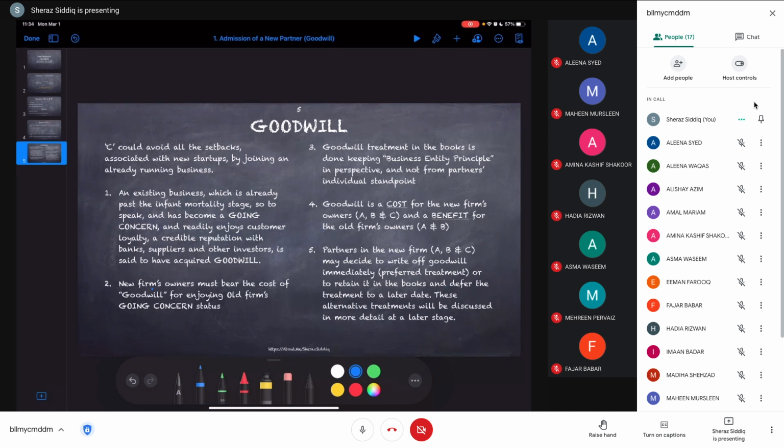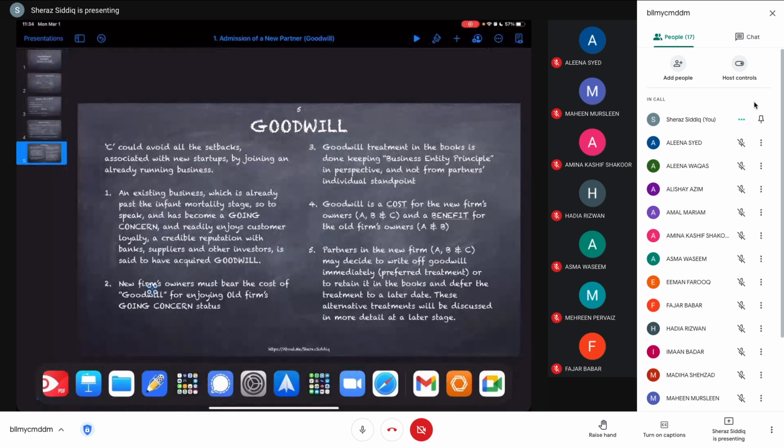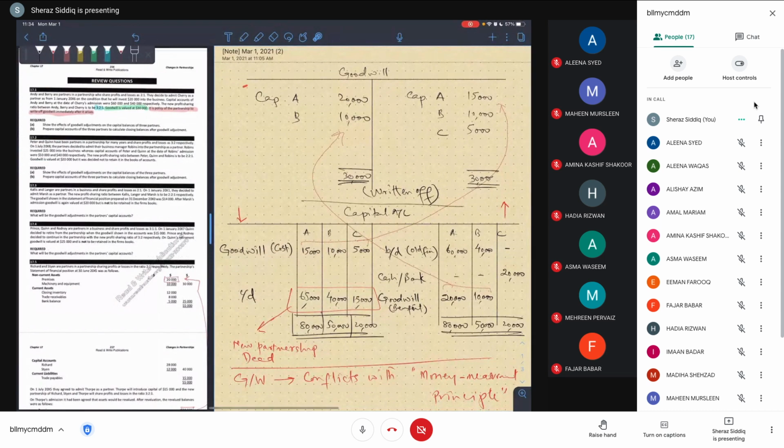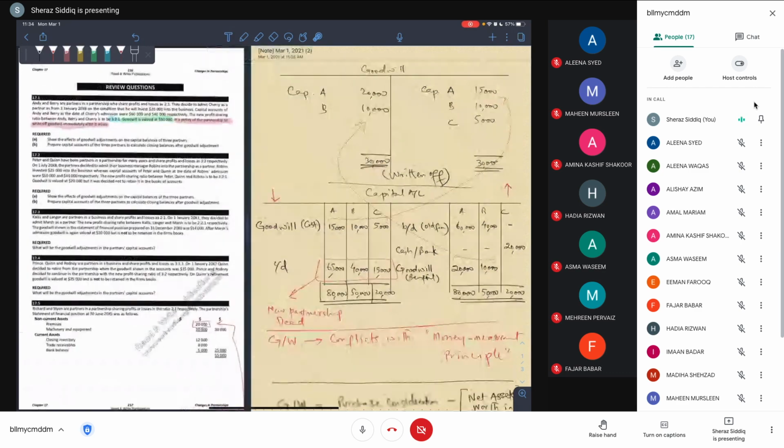जो सेकेंड हाफ ऑफ द पॉइंट 5 है वो हम आज नहीं करेंगे, वो हम कल करेंगे. लेकिन आज जो हमने किया, हमने अब नाउ पे अटेंशन टू गुडविल अकाउंट. गुडविल अकाउंट पहले डेबिट हो जाता है $30,000 से, और कैपिटल अकाउंट्स क्रेडिट हो गए ओल्ड फर्म के ओनर्स, राइट? और फिर गुडविल अकाउंट गेट्स क्रेडिटेड बाय $30,000 एंड द न्यू फर्म्स ओनर्स get to share the cost, and then goodwill account gets written off, which is the preferred treatment. In most of the cases that is going to be the case, right? You will be required to write off goodwill immediately on acquisition.